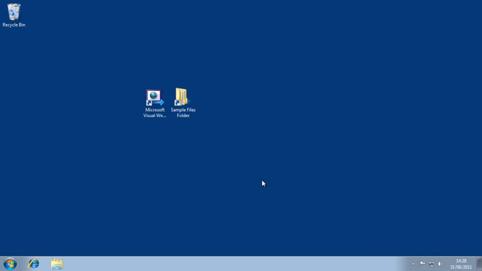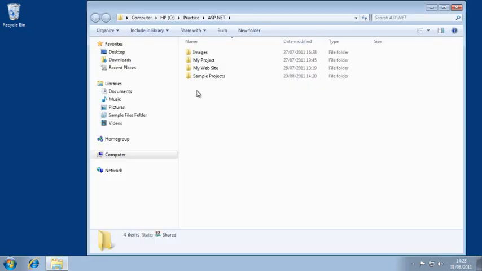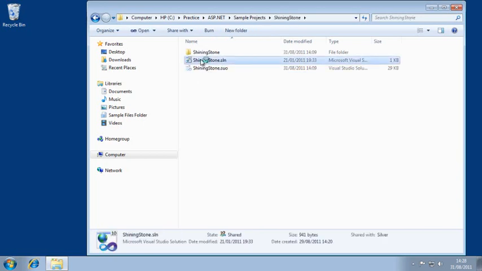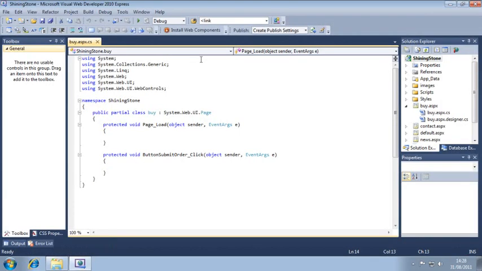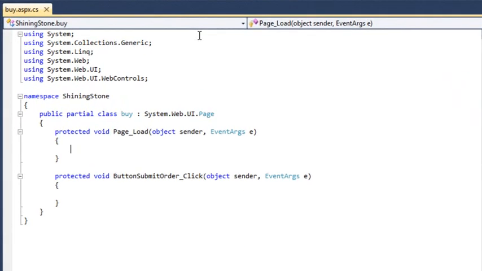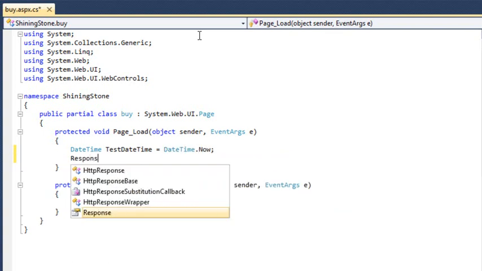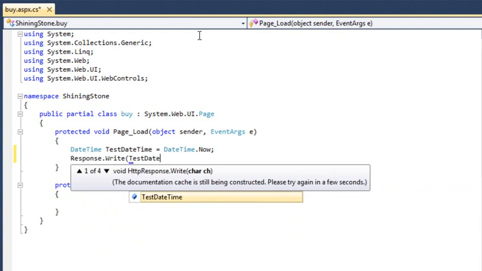To begin, open the Shining Stone sample file from your Sample Files folder, and open the code behind file of buy.aspx. We are now going to add a DateTime variable. To do this, add the following code to the page load event handler. DateTime testDateTime = DateTime.Now; Response.Write(testDateTime);